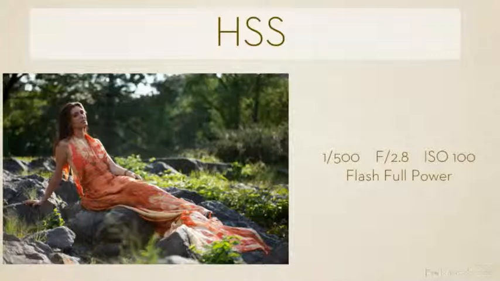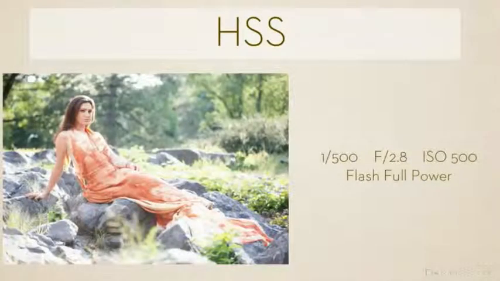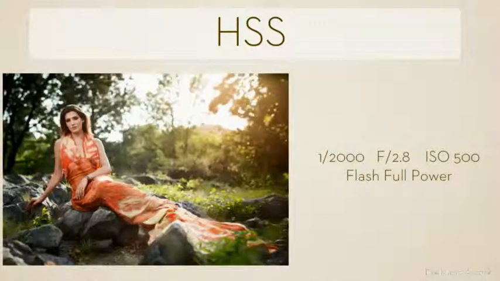So really the only thing that I can do is increase my ISO. So I'm going to make my entire image more sensitive to light, which means the light on her face will look brighter, but then light in the background also looks brighter. But I'm already in high-speed sync, so I don't care about shutter speed anymore. I can close down to compensate. So if you watch, went to ISO 500, the light on her face got brighter, but so did the background. No problem, I go to 1/2000th of a second. And this image was not exactly out of camera. I gave it more of a black point, but the rest of it was the same because I was including